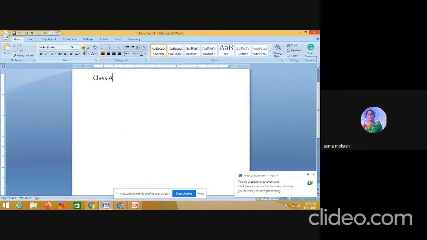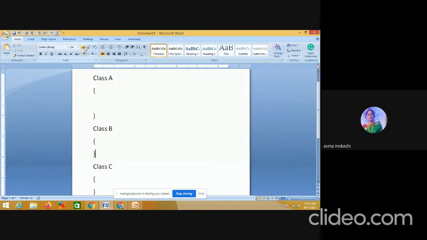Then if you see this class A, then we have a class B and we have a class C. So we have class A, class B and class C. What will we need to write there? So I need to write first who is my base class in multi-level inheritance. Who is the parent of class B, that is what we have to write.